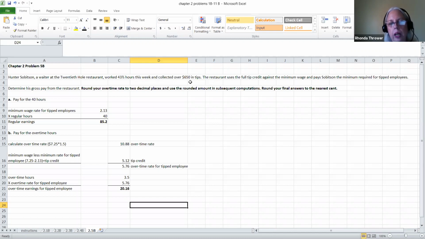So he's a tipped employee, and the restaurant does not have to pay $7.25 as minimum wage. If you'll remember, what we talked about earlier is that the minimum wage rate for a tipped employee is $2.13. The restaurant is using the full tip credit against the minimum wage, and they're going to pay